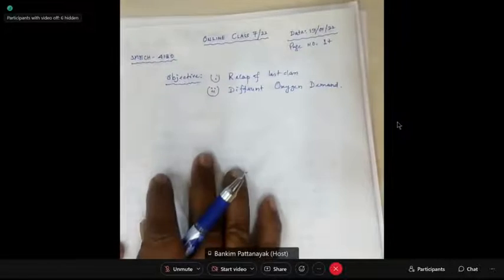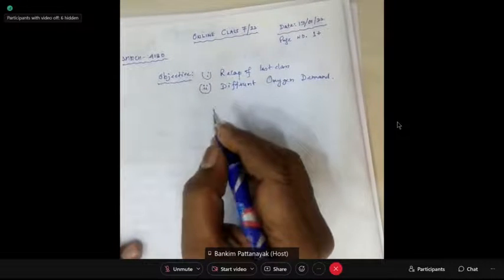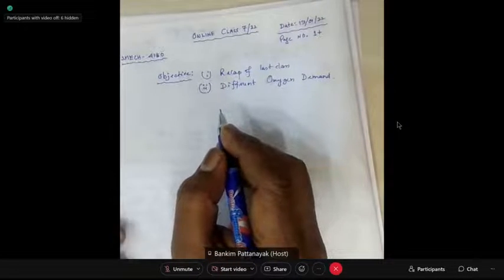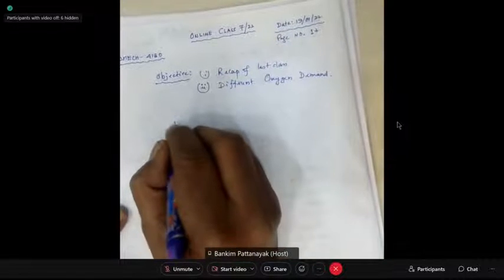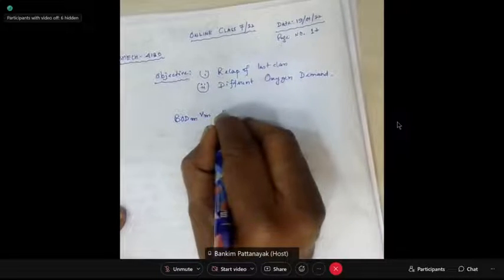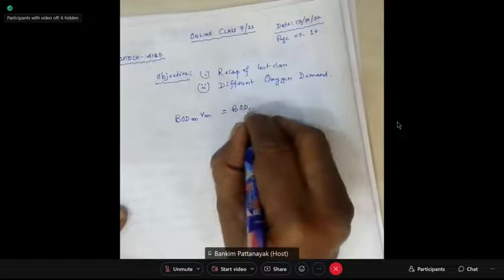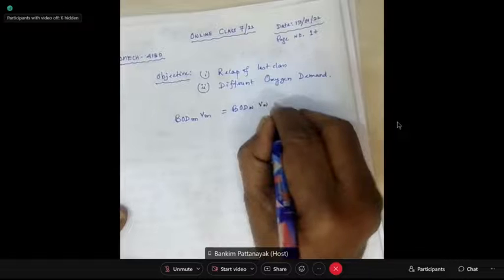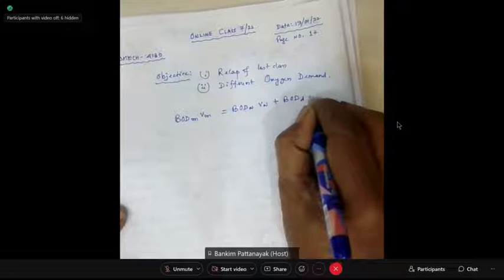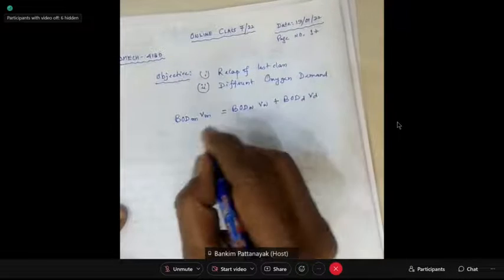Now, to sort out the effect of seeded solution, for example, there's another important equation, which is BOD_M V_M is equal to BOD_W V_W plus BOD_D V_D. What is this equation? Let us know where